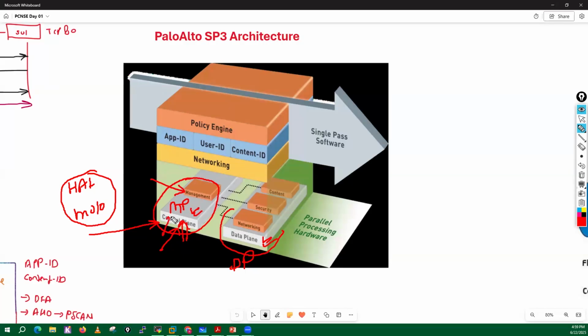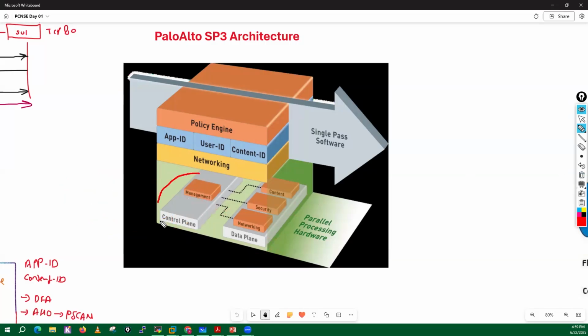This particular control plane has a dedicated hardware, means it has a dedicated RAM, dedicated SSD, and dedicated hard disk. Means this management plane has dedicated resources to operate. It is not having any type of dependency on the resources which we have at the data plane. So this is the one benefit we will be having. They have a segregation at the hardware level. We have a management plane and we have a separate data plane.